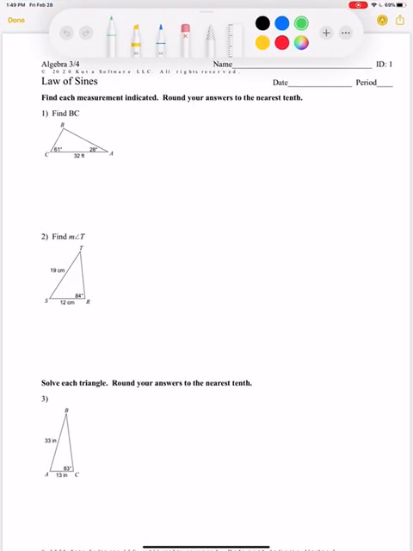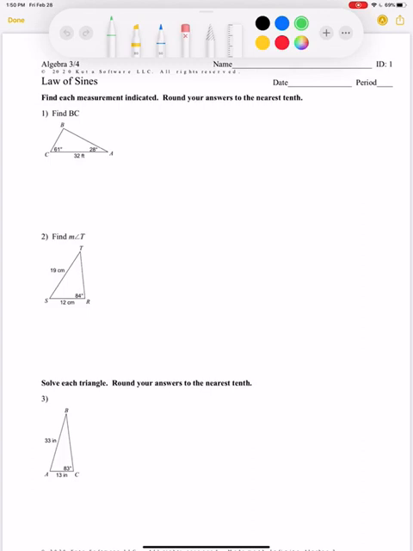All right, today we're going to be looking at using the law of sines to find missing sides and angles of a non-right triangle. So the law of sines, like I just said, is something that can be used to find sides and angles of non-right triangles. Okay, so when you can't use the Pythagorean theorem, you can't use 30-60-90, you can't use 45-45-90, you can't use SOHCAHTOA, because you don't have a right triangle,